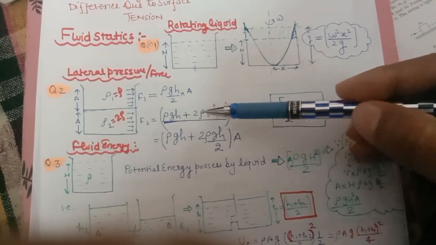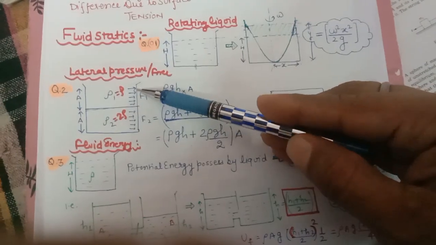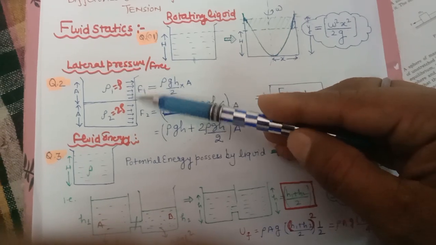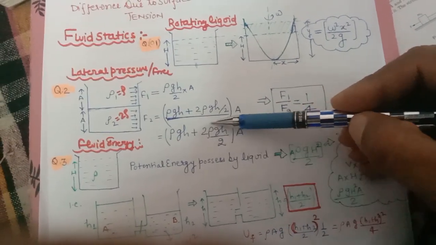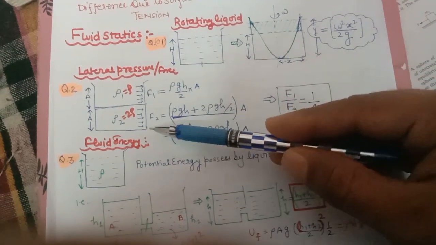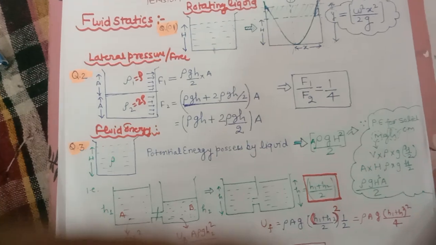So what is the average of it? 2 rho g divided by 2. But the earlier rho is already filled above it, so the pressure will be rho g h plus, please remember this is the average of it. At the bottom you have to take an average pressure, and whatever the pressure from the liquid that is over it, it will be